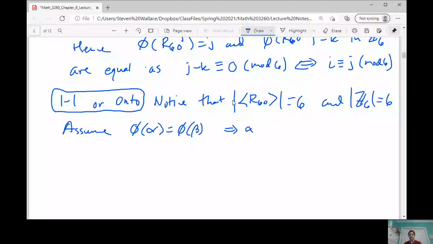Alpha equals R60 to some power J, since those are the elements that live inside that subgroup generated by R60. Beta is R60 to the K, and J is congruent to K mod 6,